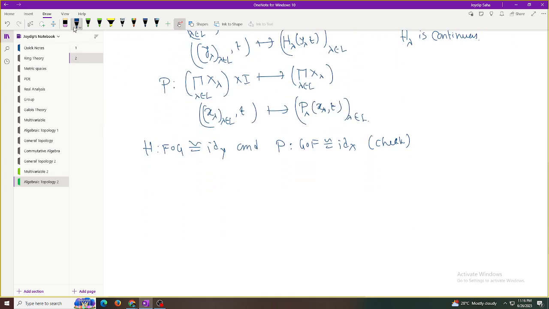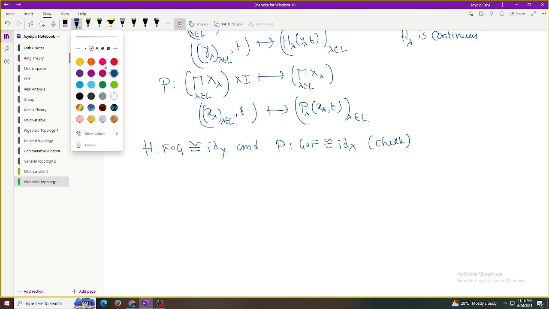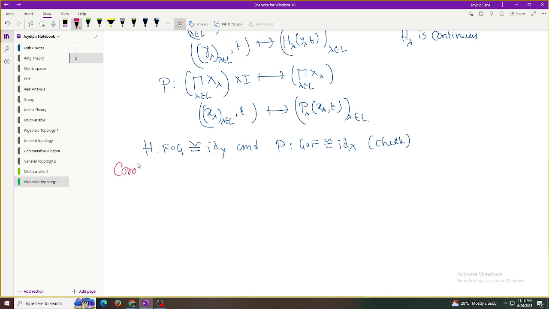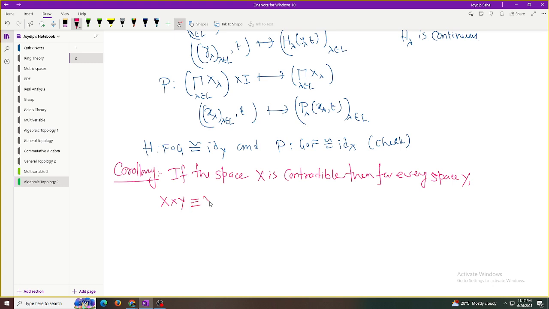Corollary of this observation: if the space X is contractible, then for every space Y, X cross Y is homotopic type to Y. Okay. Proof: